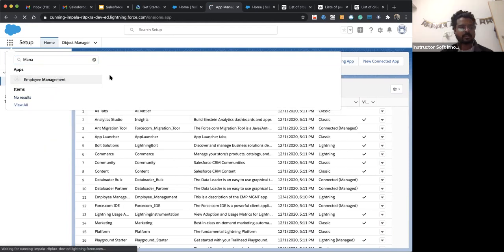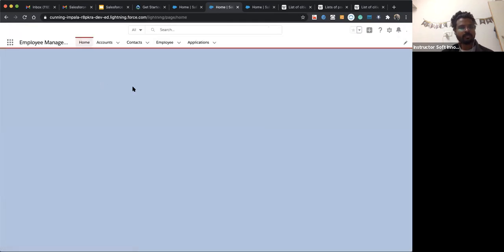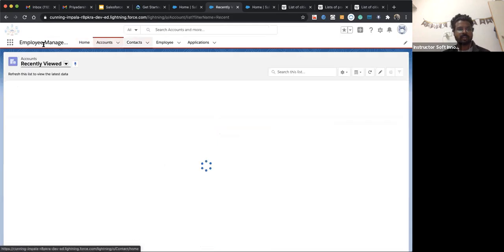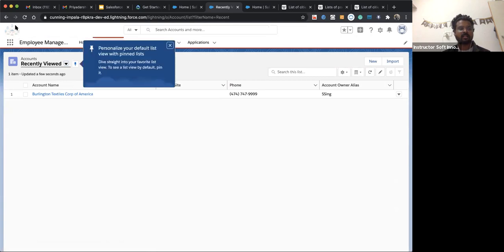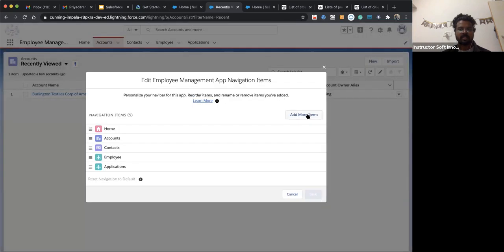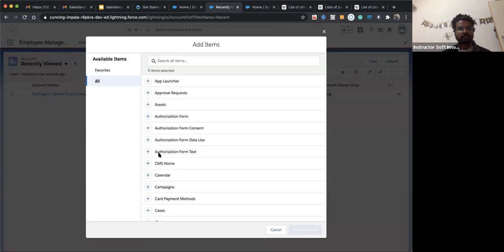When we click on this, you can see the color that I chose is available here, and the name is here, and the icon that I uploaded shows up here, and the tabs that I added are showing here. Suppose I want to add a new tab, I just click this pencil icon and add more items.